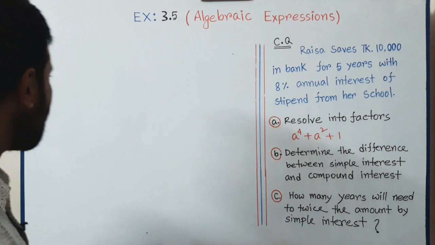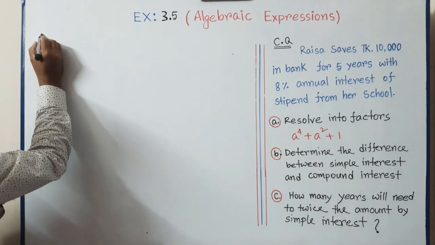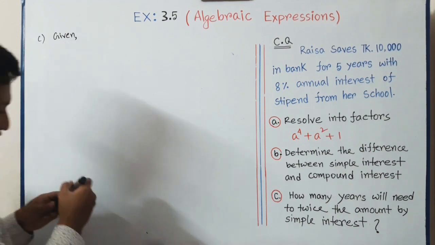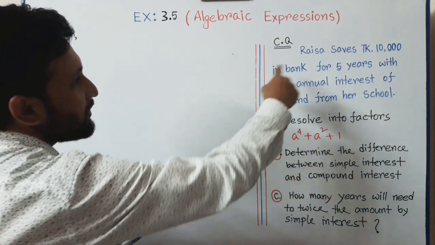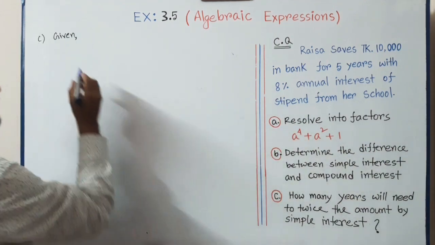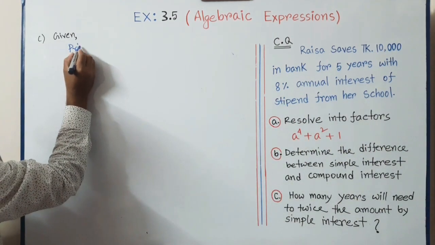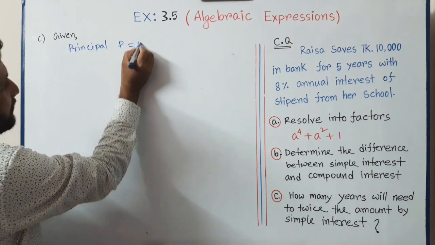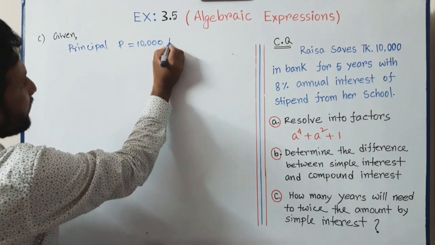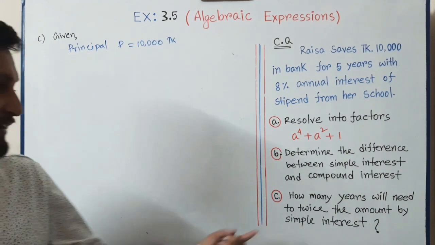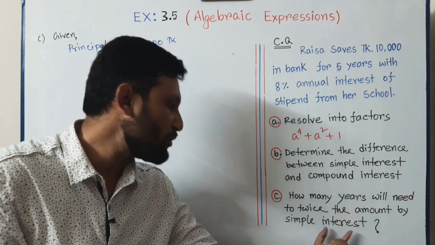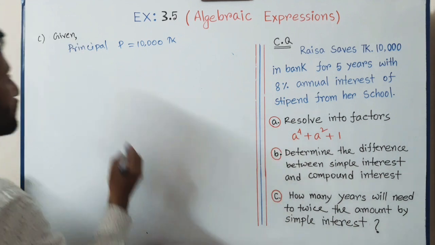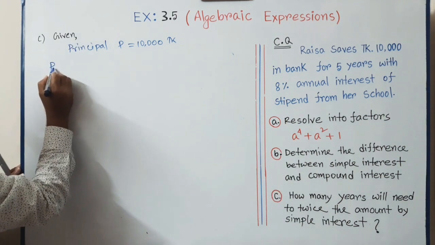Okay, so at first write down the given information for C. We can write given according to the question. Here see that principal amount 10,000 taka, so you can write principal P equal 10,000 taka. But according to the question, twice the amount by simple interest. That means twice the principal by simple interest. So we can say principal with interest